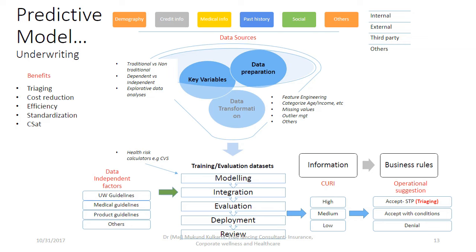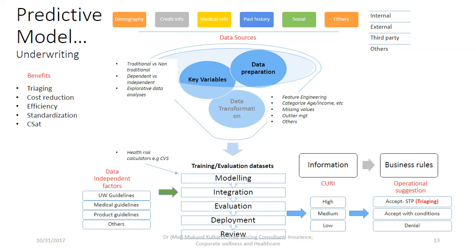So all those guidelines, which are data-independent factors, need to be integrated, and the final output here, because it's an underwriting prediction, is going to be an underwriting risk score, which I call the customer underwriting risk index. And again, as I said, I can have three classifications. I can decide what the cutoffs should be for each of those categories, and then decide what is